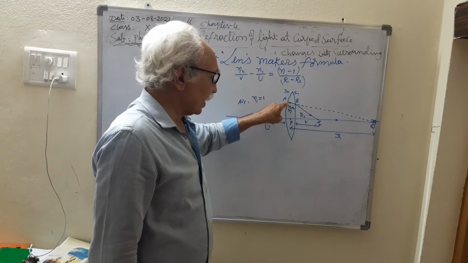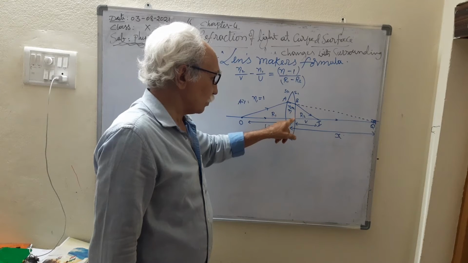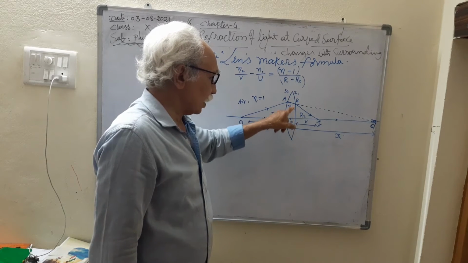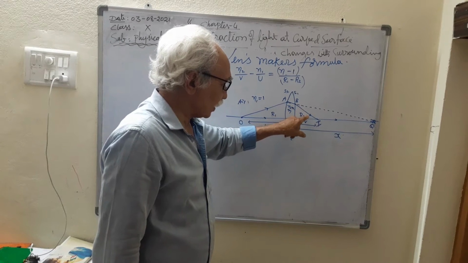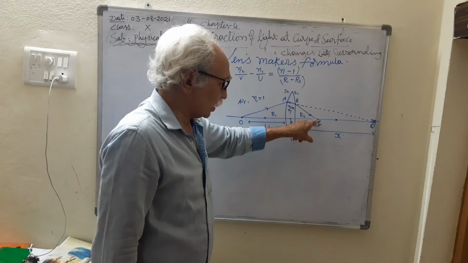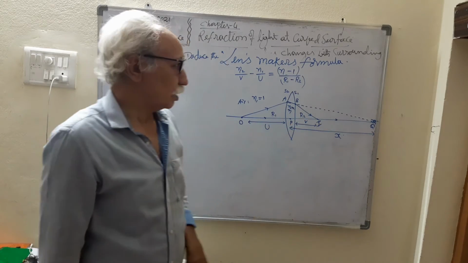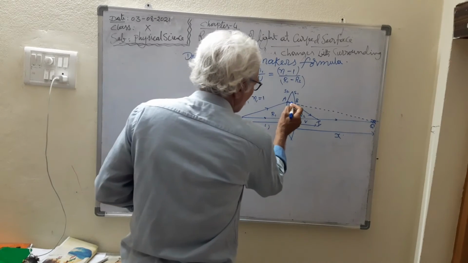Now here is what actually happens. The refracted ray at the point A touches the concave surface, the second surface, at the point B and again refracts, and the second refracted ray crosses the principal axis at the point I. So I is the image. Here two image points are there.